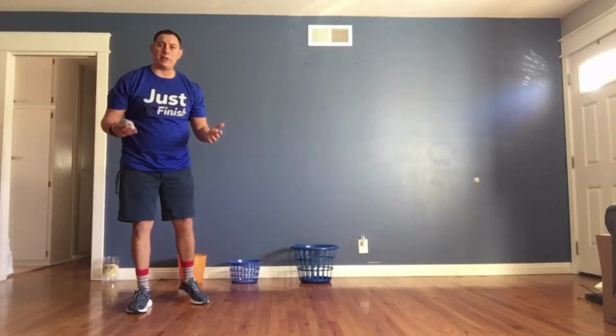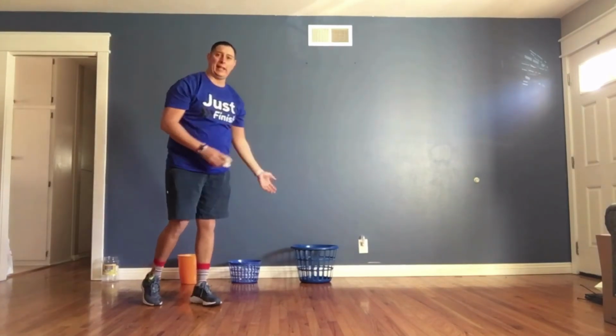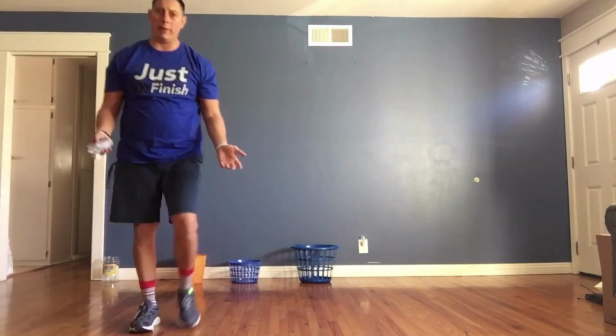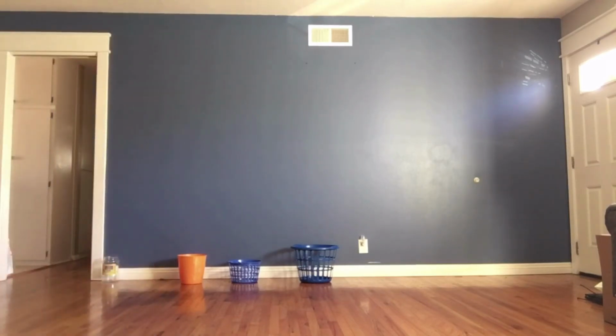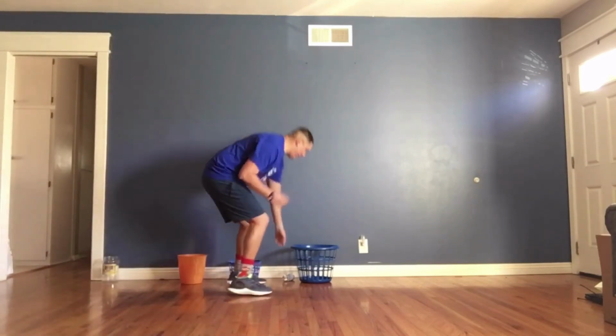Here's the setup for the Snowman Express. You're going to toss this sock ball and try to make it in to build your snowman. I'm going to be about 6 feet away, and the first one I have to build is the base of my snowman. If I toss it and miss, I'm going to retrieve it,